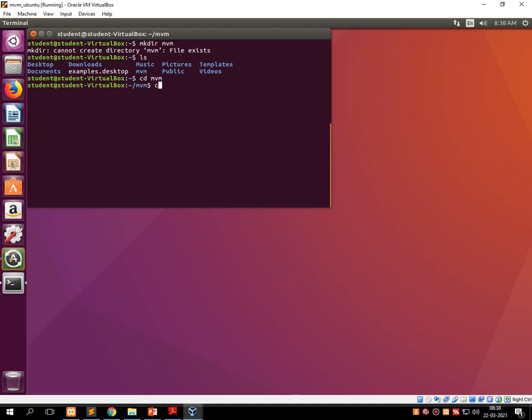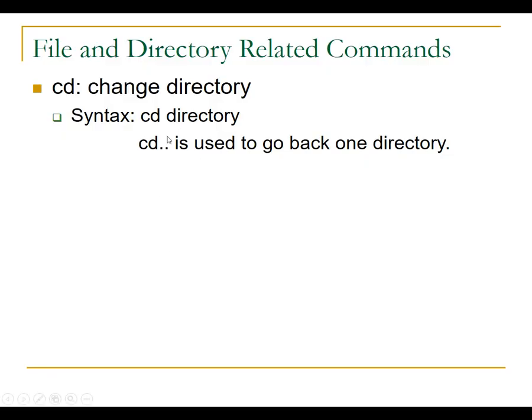And suppose you want to go out of this directory, just type cd .. and press enter. Sorry, cd / and press enter. You will get out of this particular directory. So this is the functionality of the cd command.